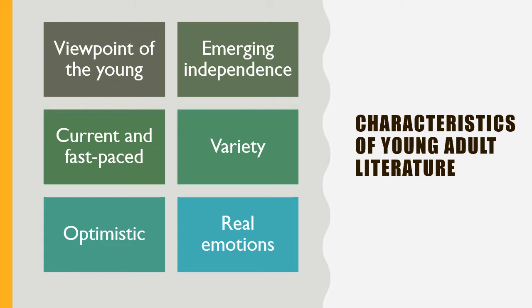Thirdly, a young adult novel is current and fast-paced. It is often quick to read and quick to develop. Some may be longer, depending on how well known the author is, but the novel is often a page-turner. It may reflect current circumstances or situations and show difficulty rather than presenting a role model. As you might have noticed, young adult literature uses popular speech and trends.